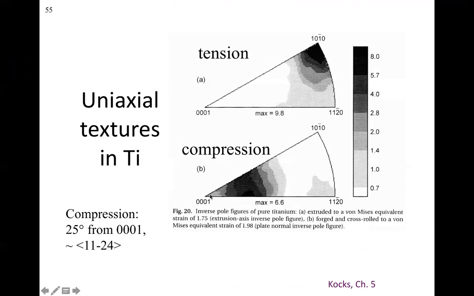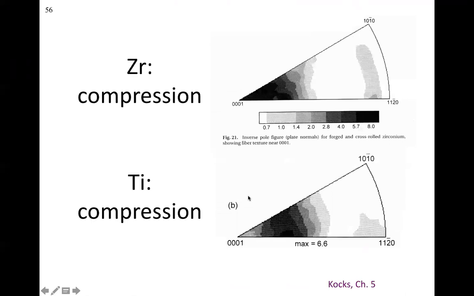In compression, we have a rotation from the basal, an orientation here that is favored. If we look at zirconium versus titanium, both group 4 metals, where this peak appears is going to be different. We have slightly different C over A ratios. So zirconium is much closer to the basal pole than it is in titanium,